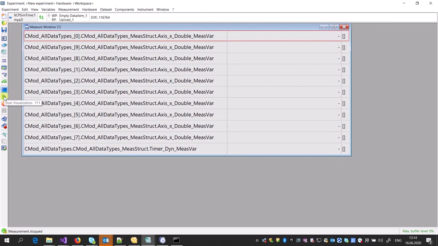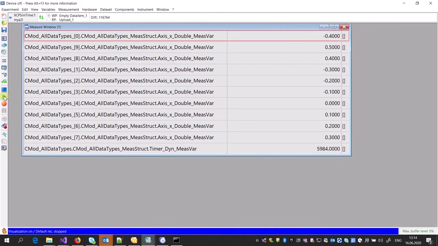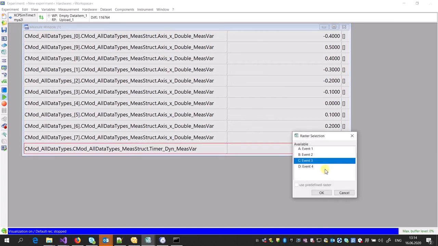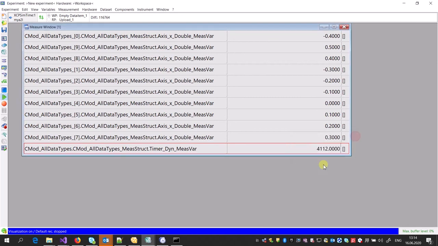And I'm going to start my event. This means Inca is going to send one request to the simulation that please start the data acquisition channels. And these data acquisition channels work at a measure rate of event 3, and if you remember, event 3 was 5 milliseconds.